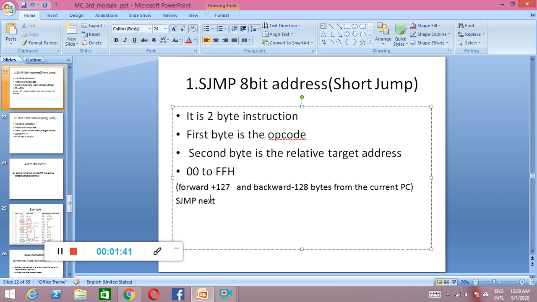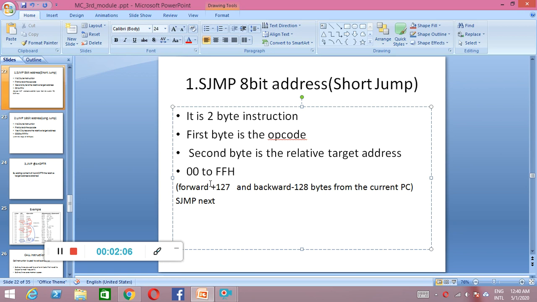Okay, so the range for the SJMP is between plus 127 forward and minus 128 backward. What is forward and backward in the sense? Usually the program flows from the first instruction to the second, third, and continues to the further instructions.